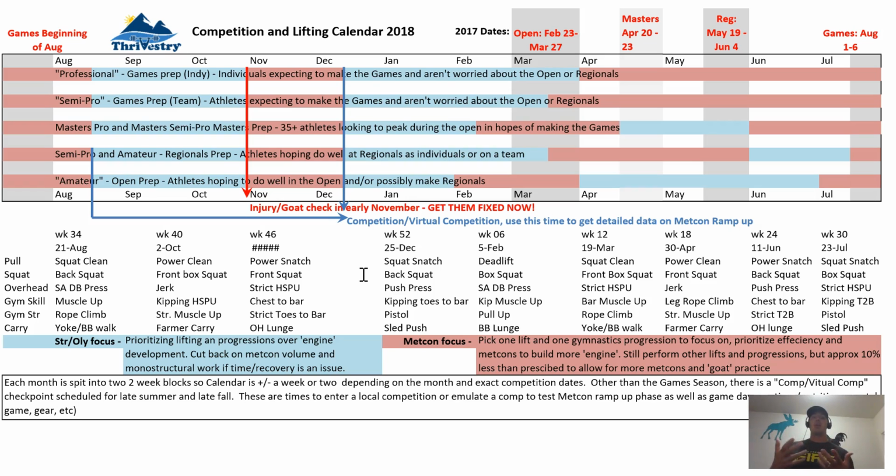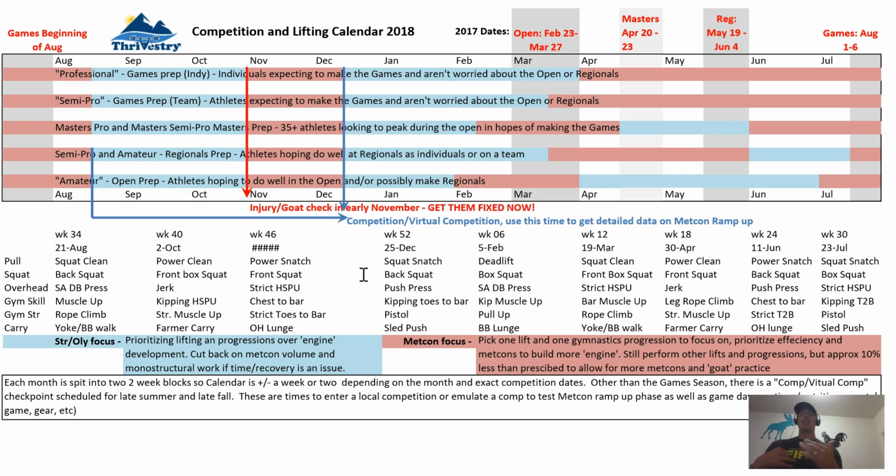So now we go to the Masters. The Masters are going to have to focus on the Metcon similar to the amateurs before the Open, just because it tends to be such an important piece to get people to the Masters regional. And we're going to use this to basically do a Metcon focus all the way until the Masters regional,